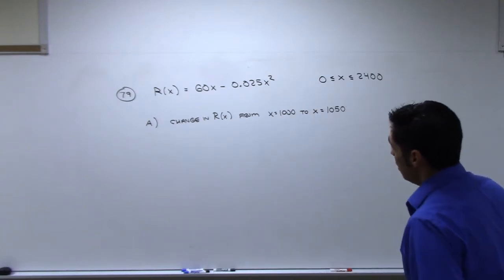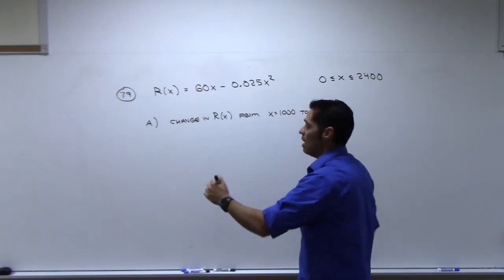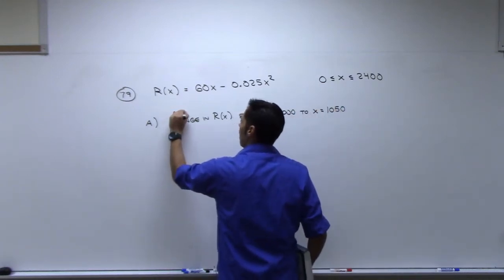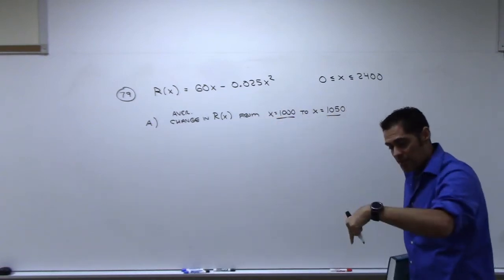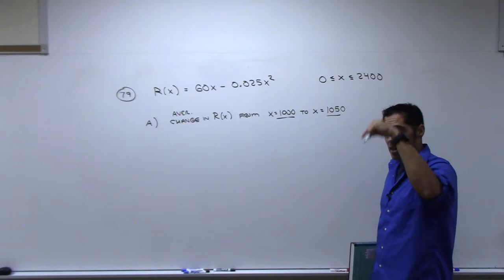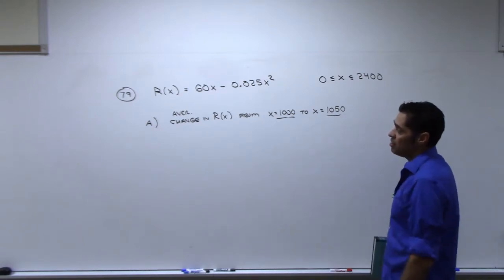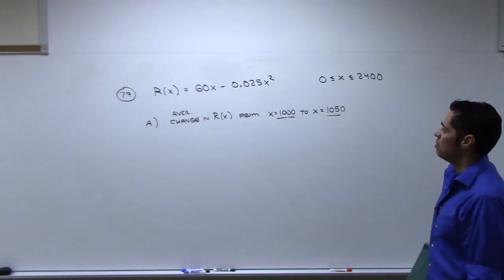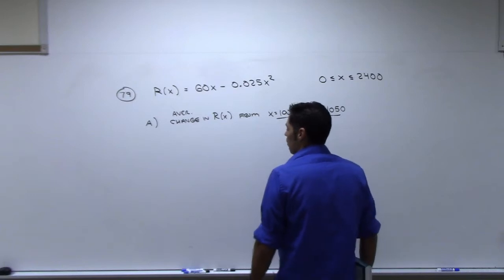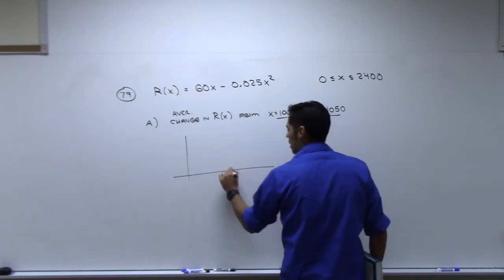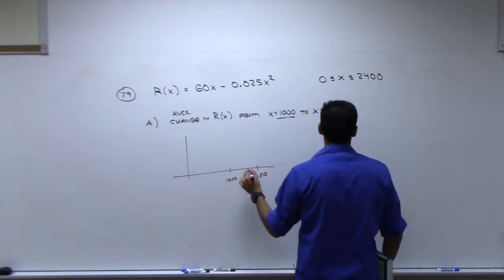All right. So what this means is we need to find the slope of a secant line because this is the average change. And it's between 2 points, not at a single point. If we want to know the change at a single point, that's the tangent line and that's the derivative. But this part A is just asking for an average rate of change, which means we're talking about a secant line. So we want to imagine the x being here at 1,000 and then let's say 1,050. Our function,